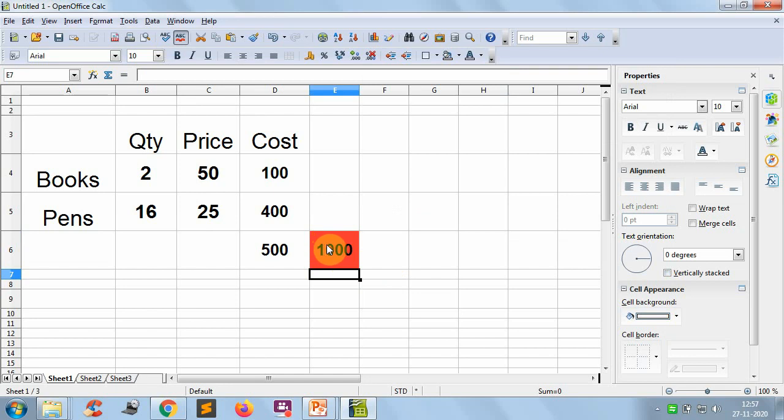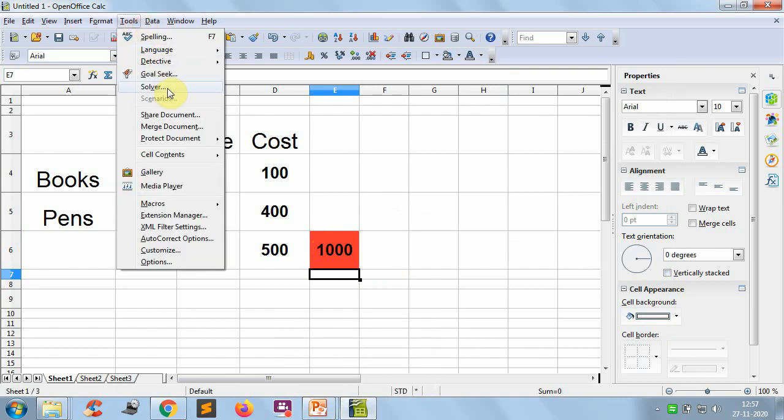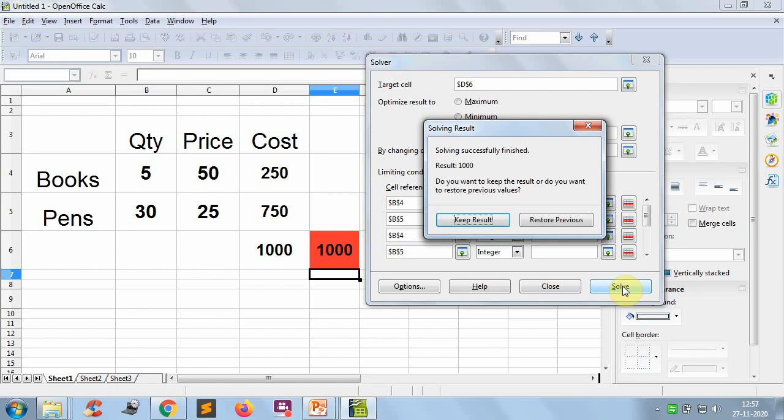So out of 1000 rupees, how many books and how many pens can you purchase? Now again go to the tools, solver. So our target is 1000 rupees. Remaining all the things are the same. For suppose here I have to purchase minimum 5 books. Now just click on solve.